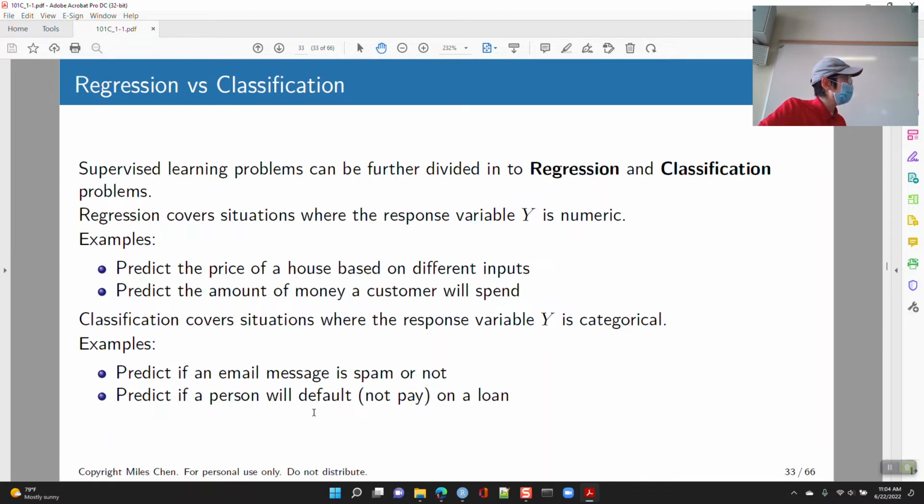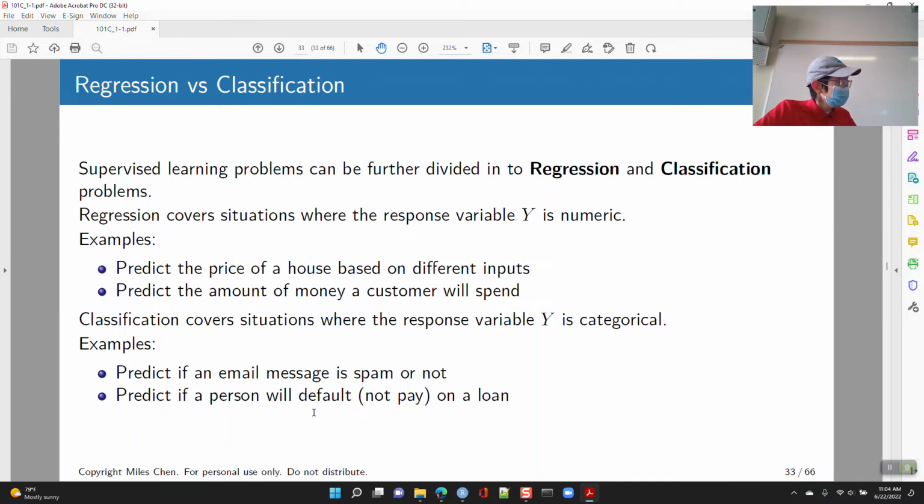Or, can we predict how much money someone is going to spend? If we advertise this much, how much money are we going to get back on our campaign? Are we going to hit enough customers, and are they going to buy enough of our product to justify this ad campaign? Okay.